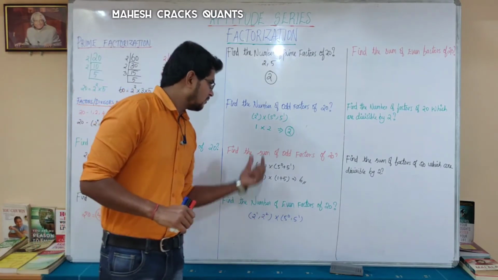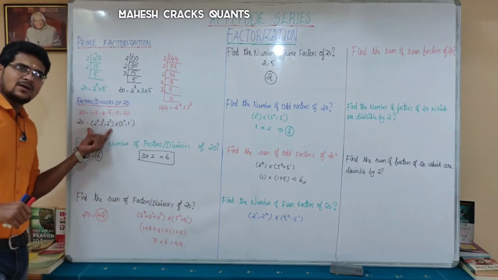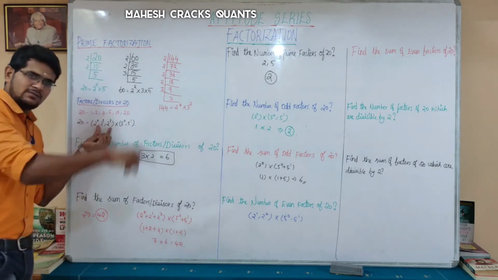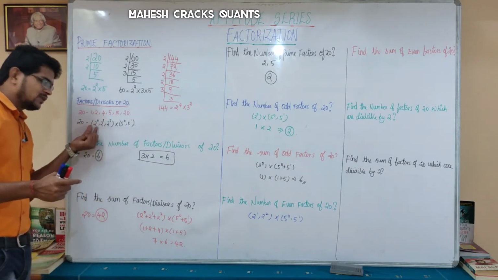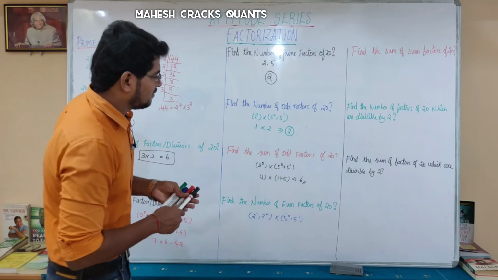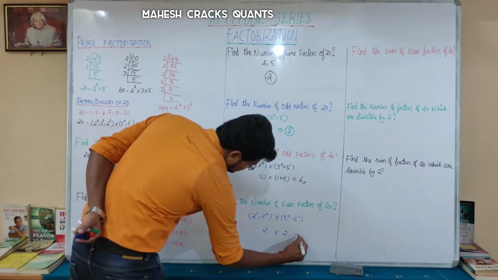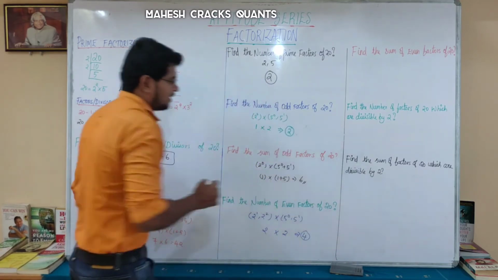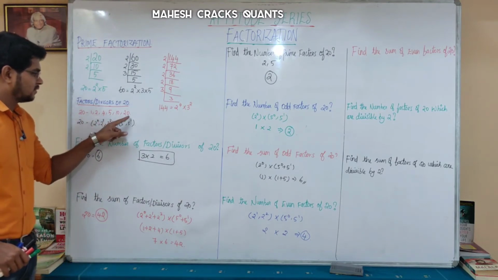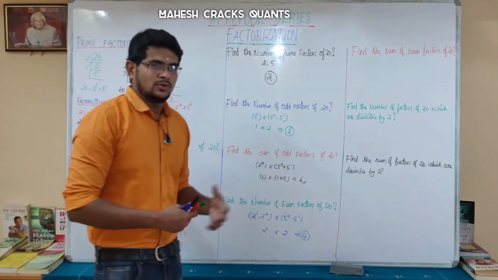Only when the question comes about odd factors and even factors, you will take the odd from this or even from this. If the question is about even, you will take the even part from here. The remaining parts will come as they are. If the question is about odd, you will take the odd part alone. Remaining parts will come. So the question is number of even factors. I know the number here is 2, here 2. 2 into 2, 4 even factors are there for 20. Check. 2 is an even factor, 4 is an even factor, 10 is an even factor, 20 is an even factor. So totally 4 even factors are there. That's it. Let's move on to the next question.